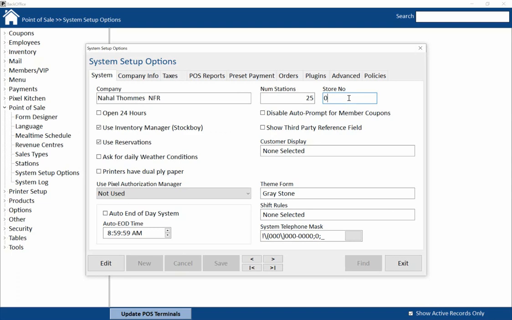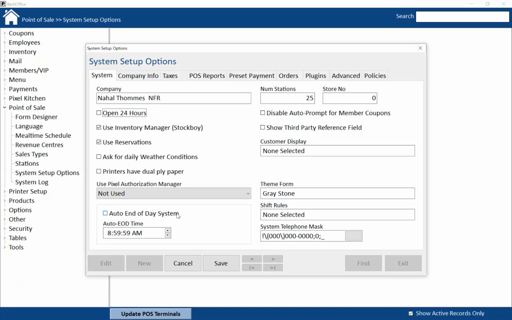Under the company name, we have some checkboxes, starting with, close to the bottom left of the page, a checkbox called Auto End of Day System. This is unchecked. That means you will be running the end of day manually. You determine when is a good time to run the end of day process. Please keep in mind that with this, your data may not represent your true 24 hours because you may run